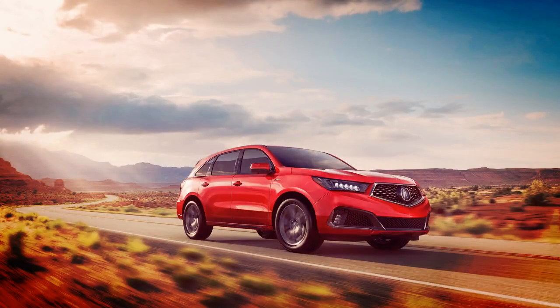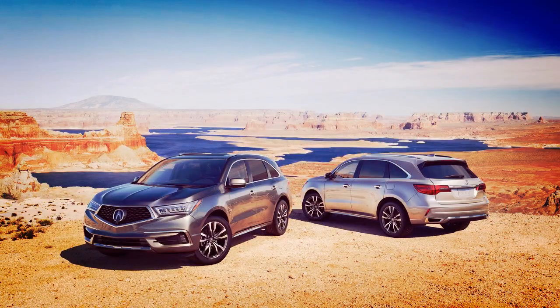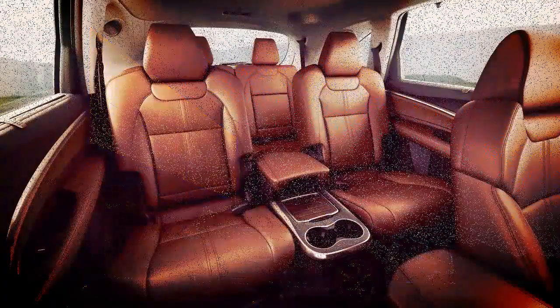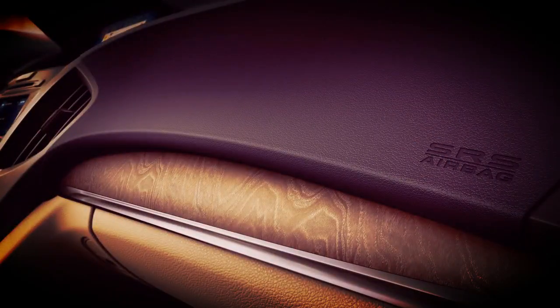The 2019 Acura MDX has been detailed in full as it arrives on dealer lots this week. All versions of the 2019 MDX will come with standard AcuraWatch active safety tech, which includes systems such as collision mitigation braking, forward collision warning, lane keep assist, adaptive cruise control with low speed follow and road departure mitigation with lane departure warning. Under the hood of all 2019 MDXs is Acura's 3.5-litre V6, which makes 290 horsepower and 287